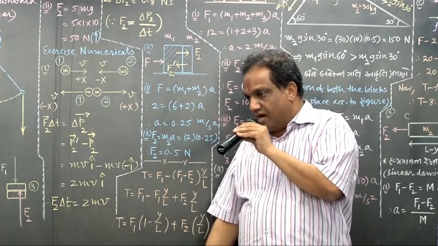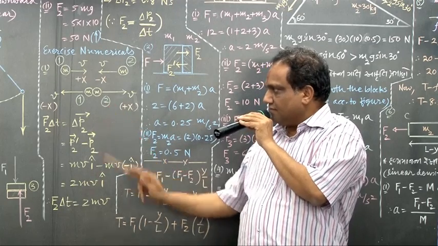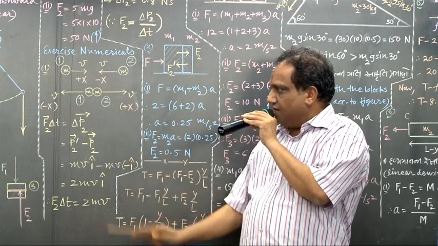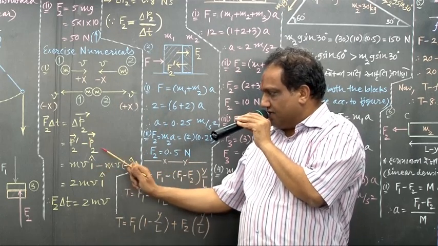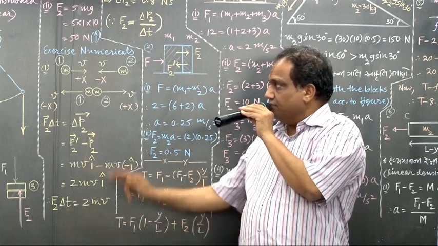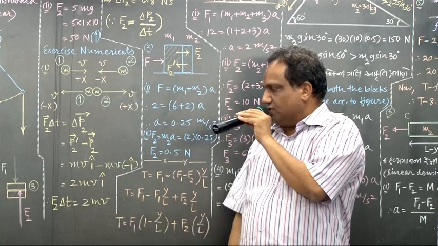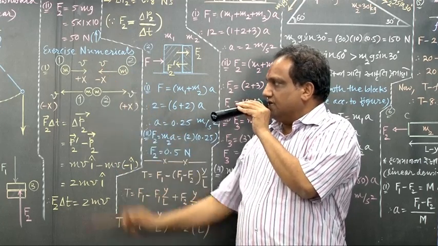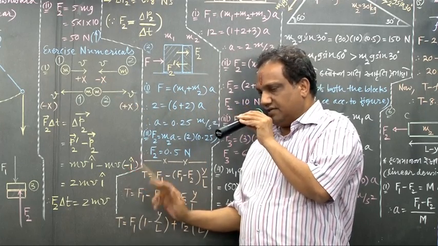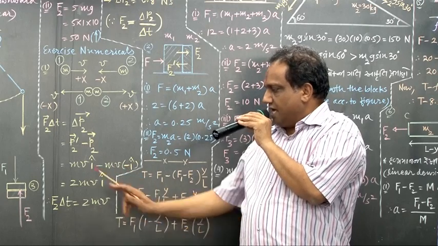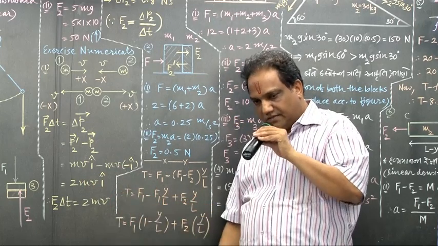What do you mean by momentum? Mass into velocity. Look here, final is m into v, towards positive x-axis, so I should write unit vector i hat. Minus, what about vector P2? Initial momentum for the second body was m into v, but the direction of velocity is along negative x-axis, so the unit vector must be minus i hat. Now minus minus plus: mv i hat plus mv i hat, totally 2mv i hat.